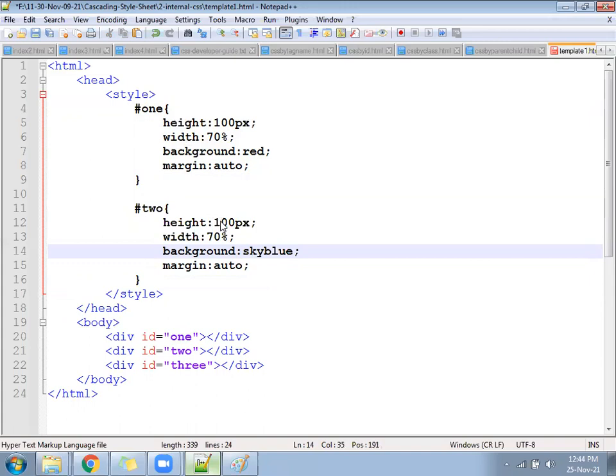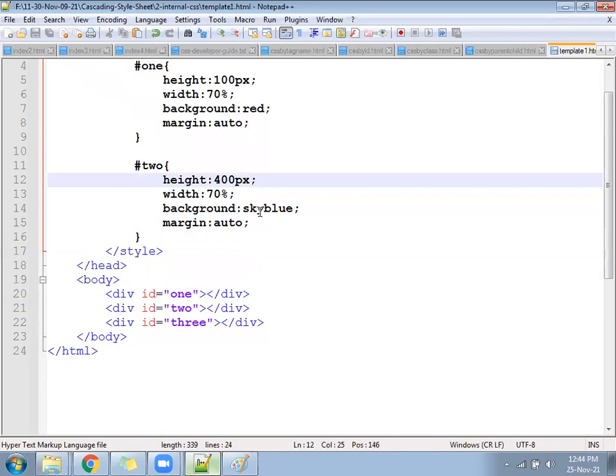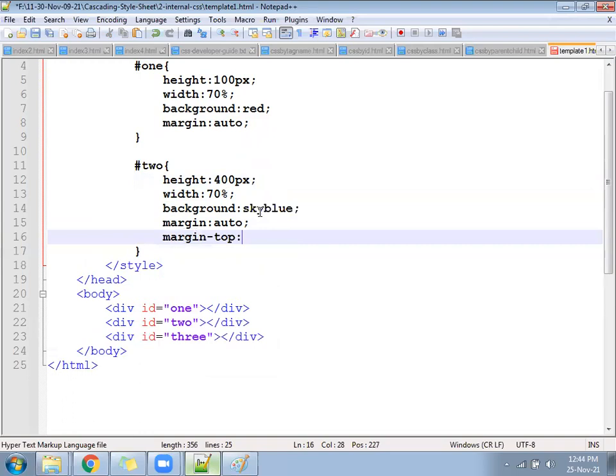Height keep 400. See, height 400, and one more appears. If you want to give some space between first and second, we can write margin top 10px. Reduce height if it looks like more. Okay, so the gap will come. Gap happened.